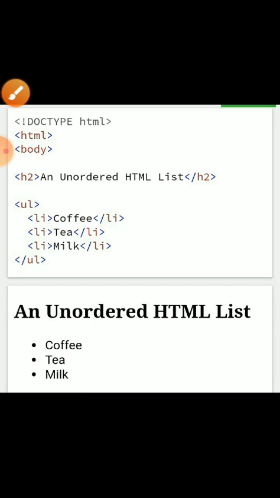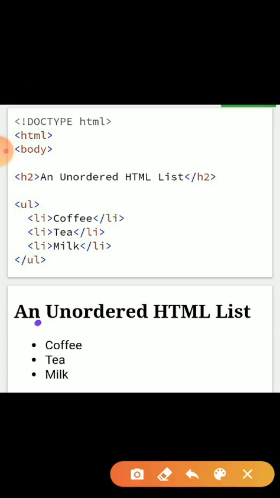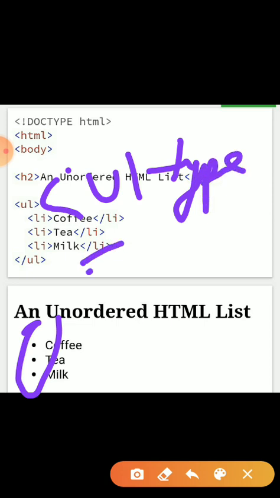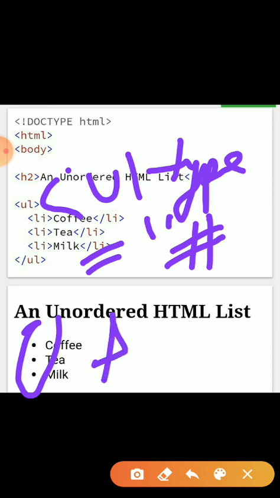But if you want to change these bullets to some special characters, what we do is write the UL tag, then give the attribute type, equal to, opening bracket, double quotation. Inside the double quotation we write either the hash sign or, in place of hash, a star, whatever we want.